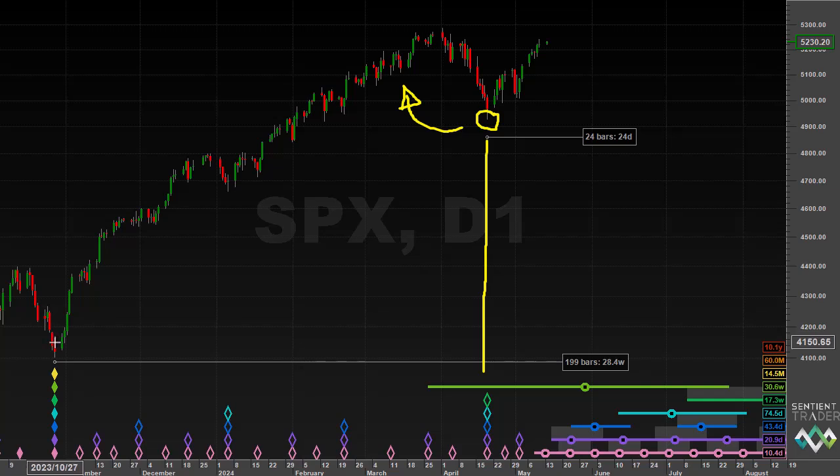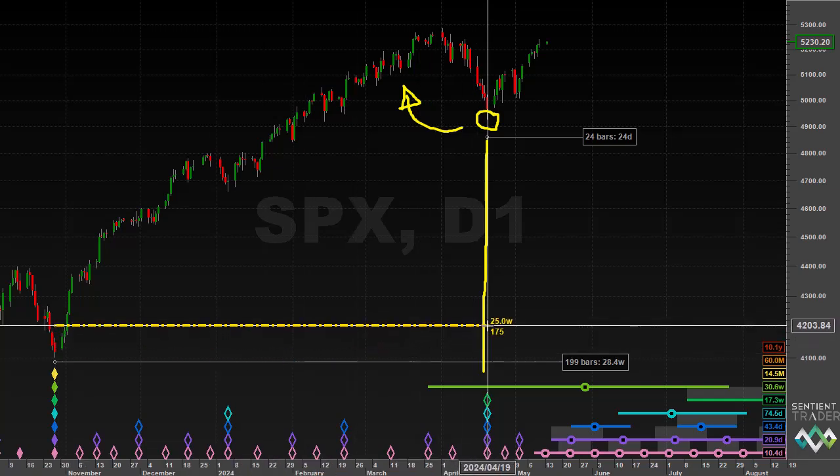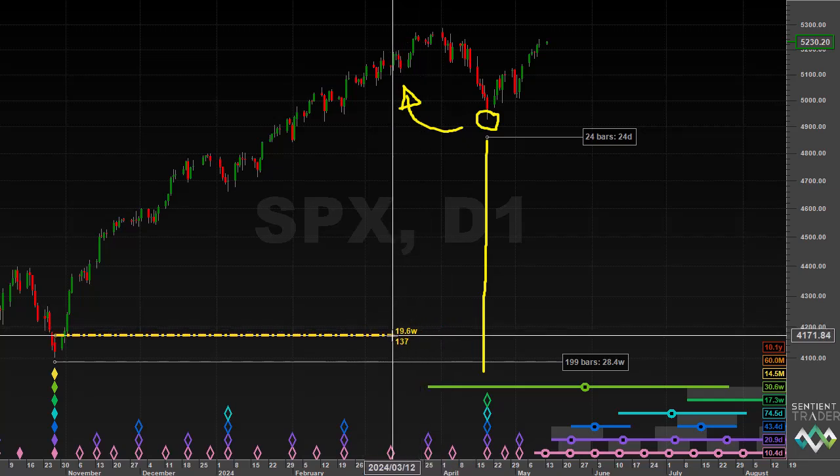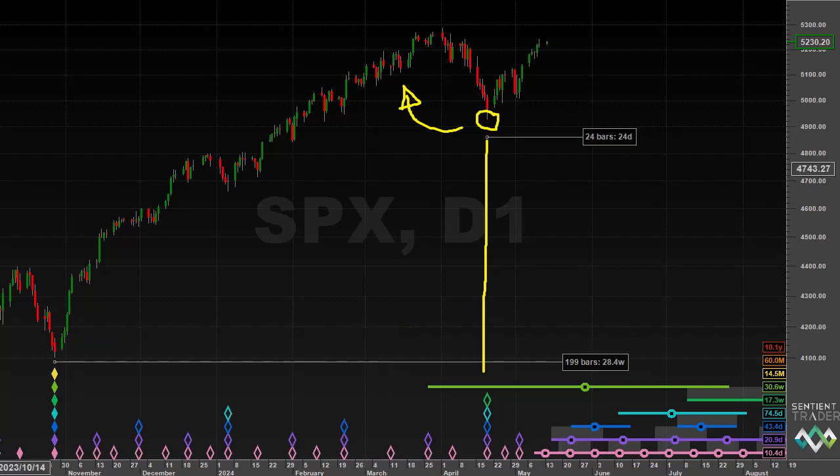The reason for that was because this is a long 20-week cycle at 175 days. It is not impossibly long, as I've discussed before. The average length of a 20-week cycle is 136 days, and so that is why we were considering that possibility. However, the recent price action has confirmed the bullishness of the market as price has risen out of that trough, thereby confirming that this is a trough of 20-week magnitude.